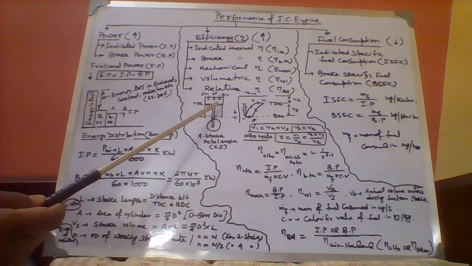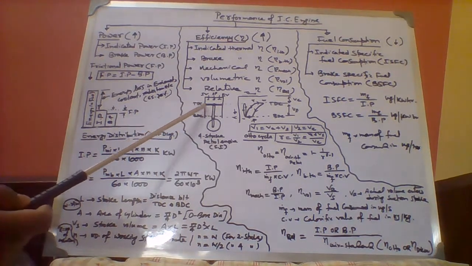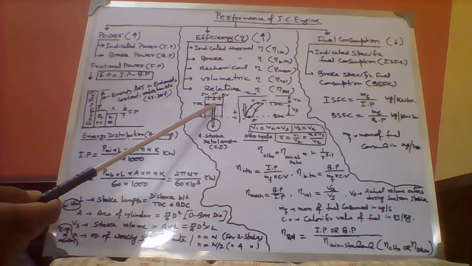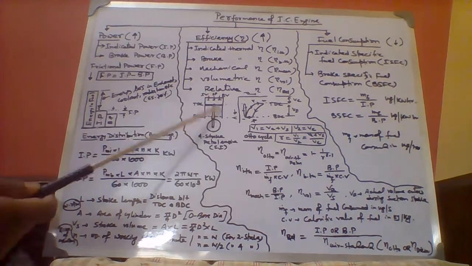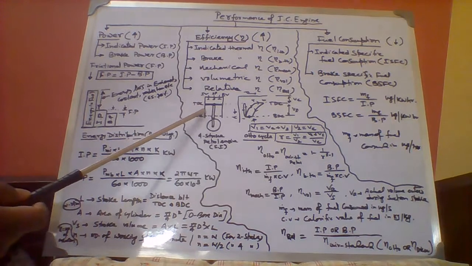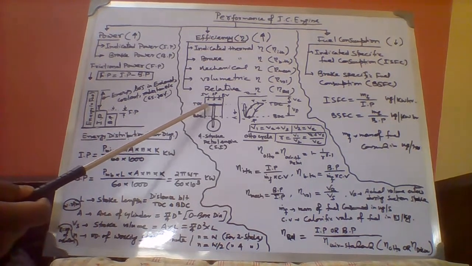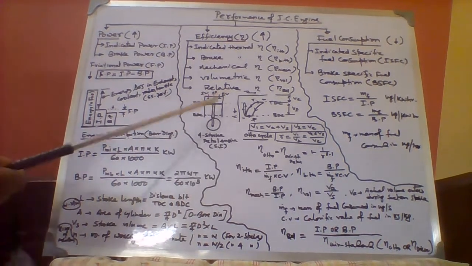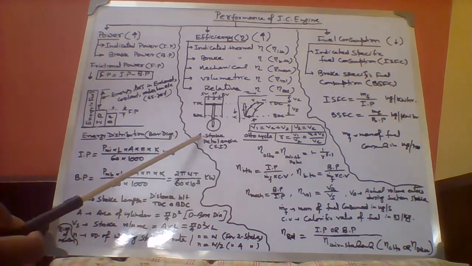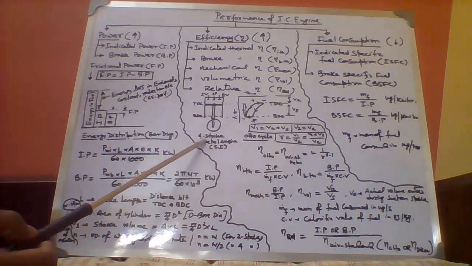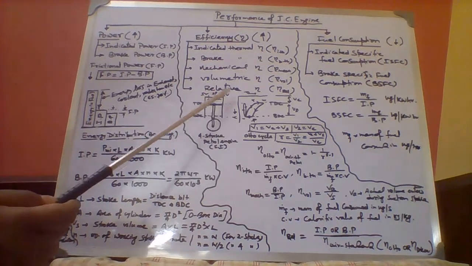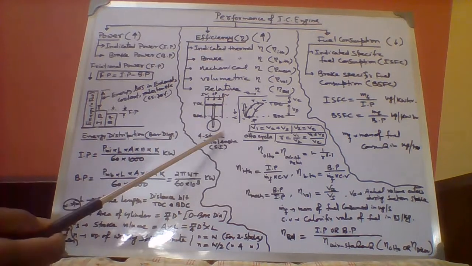Next part is, if we see the power, then we have to move back to the engine concept. Here you can see this particular diagram, which indicates a cylinder where this is the piston, and the piston is connected with a connecting rod by the help of a pin, that is the gudgeon pin over here. The piston moves, as this is indicating a vertical cylinder. So this is TDC, that is top dead center, and the ultimate position of the piston through which it moves is up to BDC here. This particular diagram belongs to a 4-stroke petrol engine. How to understand this 4-stroke? If any diagram has these two valves, inlet valve and exhaust valve, that means it belongs to 4-stroke.